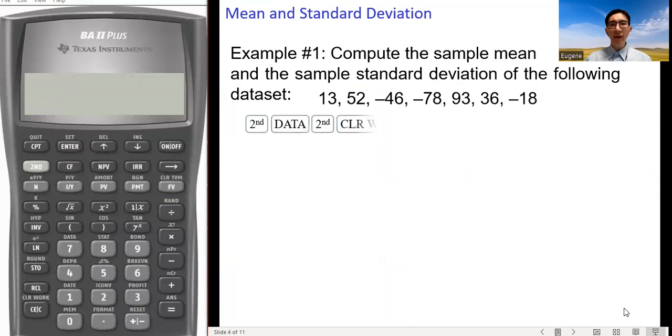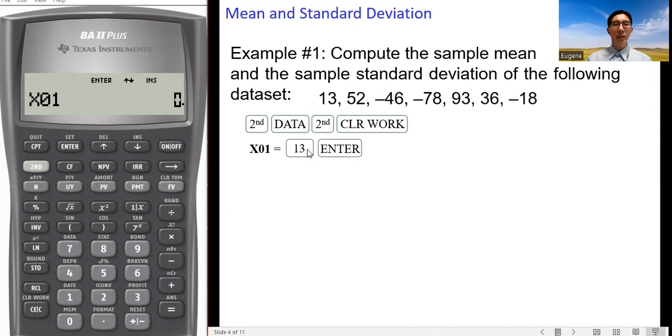To key in the data values, activate the data worksheet by pressing second and then DATA, number 7. Clear previous work if necessary by pressing second and then clear work. Enter the first data value, 13. So for X01, key in 13 and then press the enter key.